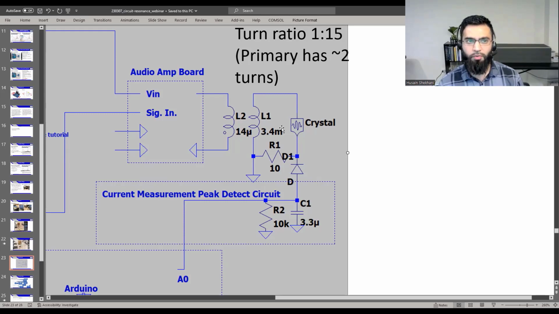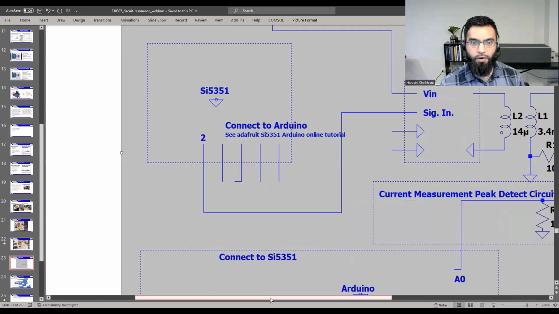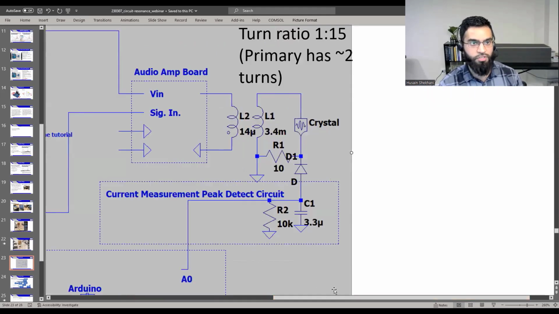There's a question: why do we need to use this signal generator board here? Why don't we just use the Arduino itself? The reason we can't is because it doesn't have very small discrete frequency steps. It's fine at low frequencies like 1,000 or 2,000 hertz, but once you get to 40 kilohertz, I think the step size for the tone function in Arduino is about 300 hertz, and at higher frequencies you have to use assembly code to make it go on and off, and it's still not